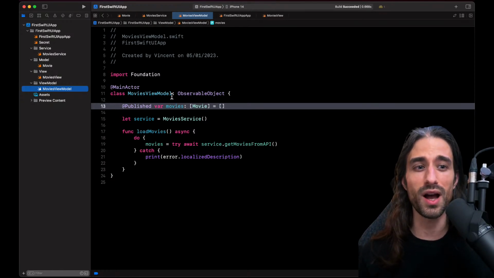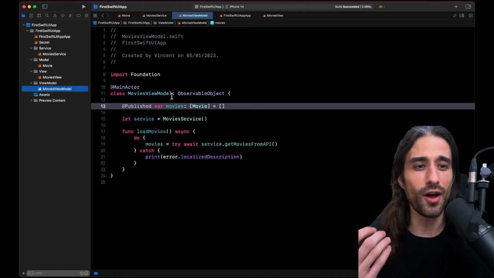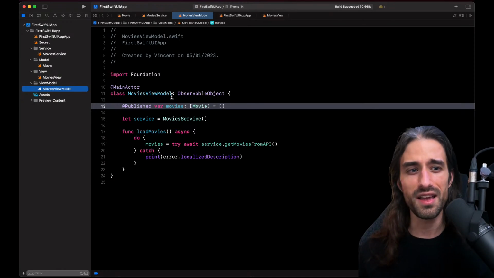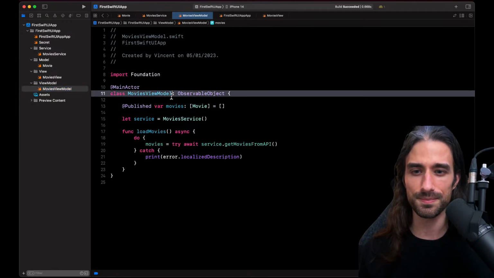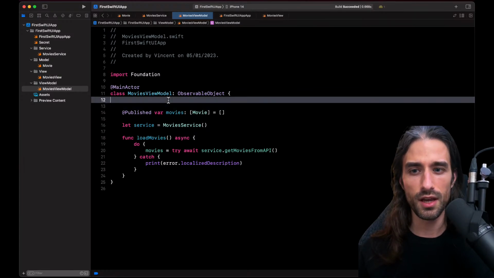Now we are going to add additional logic to the view model, up to the point where you're going to feel like, okay, if we had implemented this in the view it would have been a mess. So it's a nice thing that we have moved it away from the view into a dedicated object that I have called movies view model. So let's implement my states.